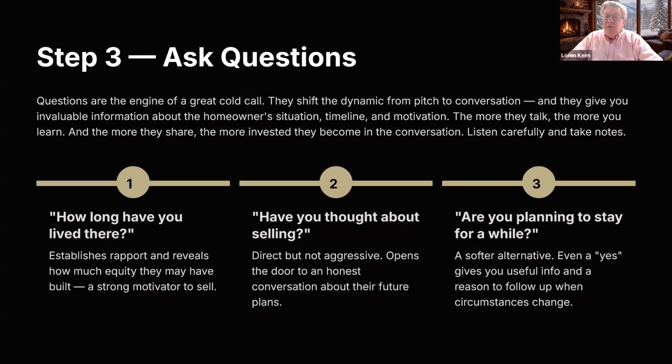Now, once you've introduced yourself and explained why you're calling, the most important thing you can do next is ask a question. And that's where the conversation really begins. So one of the biggest mistakes agents make on cold calls is talking too much. They try to explain everything they know about the market without ever letting the homeowner speak. So instead, ask simple questions that get people talking. Things like,